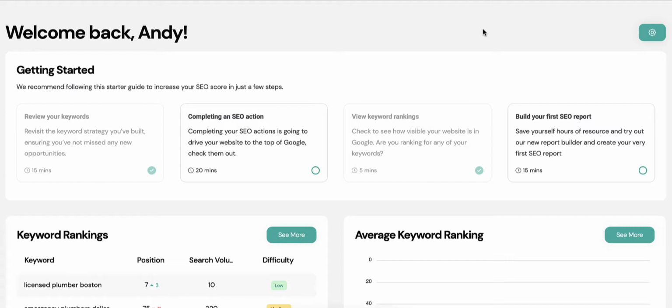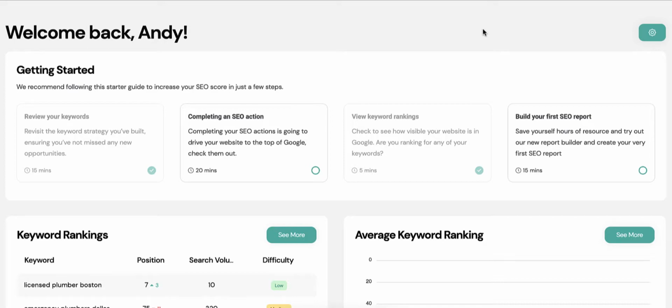This SEO platform is going to enable you to optimize your own website without having to be an SEO expert first. So I'm going to take you through some of the key features that's going to enable you to identify what SEO strategy you should build, so what keywords you need to target, how to implement those on the website, and then how to track your performance ongoing. There's lots of other little features as well. Some of them I'll take you through, some of them I won't, but hopefully, we'll get through some of the